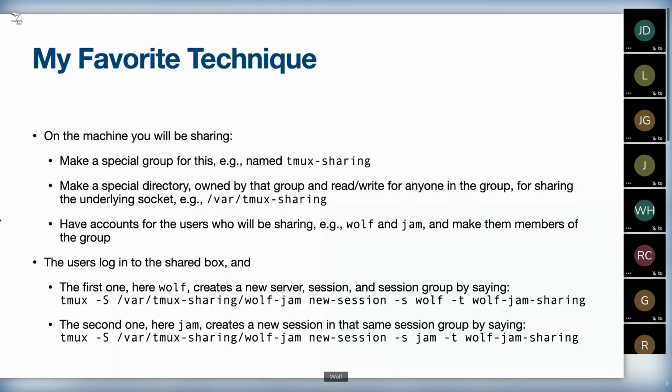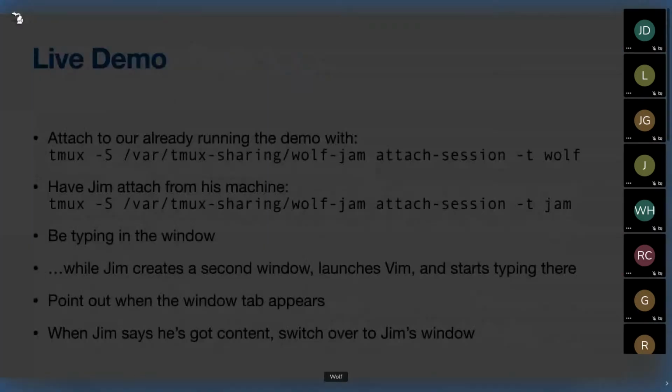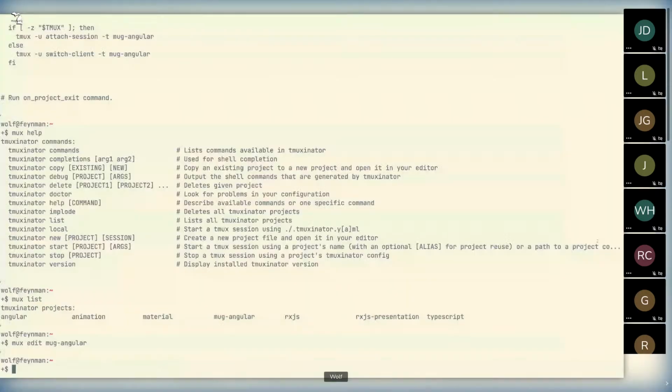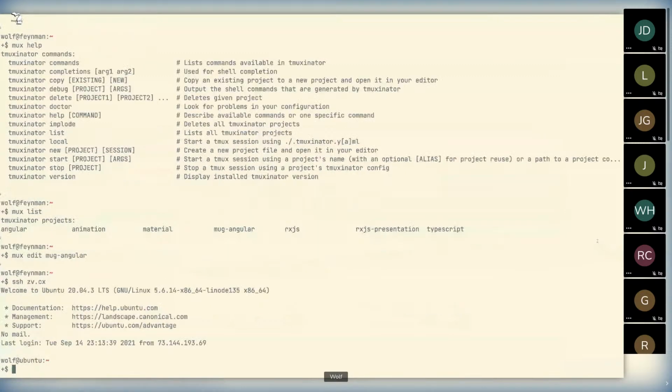All right. Well, let's you and me do some pair programming, Jim. Now, I've described here the optimal way to do this, but Jim and I are not going to do this the optimal way because we already had a session set up and we're ready to go. This session is on my shared Ubuntu server. So I am going to SSH into my server, and I'm going to